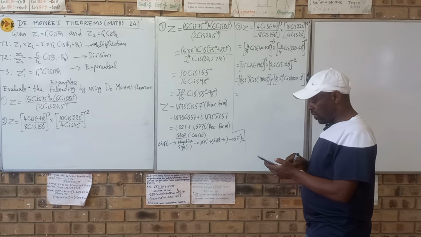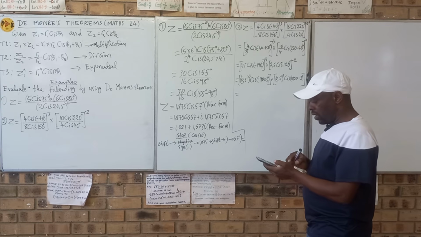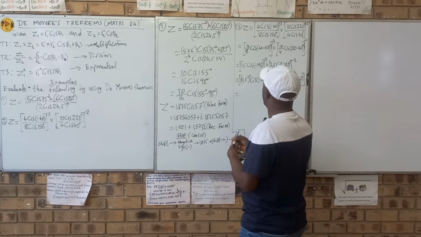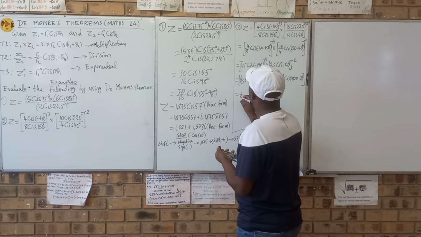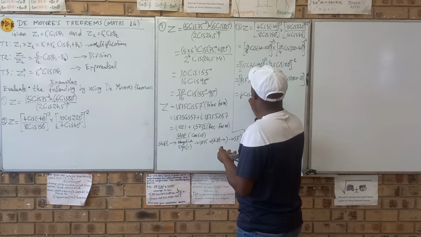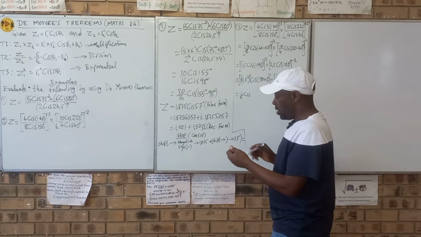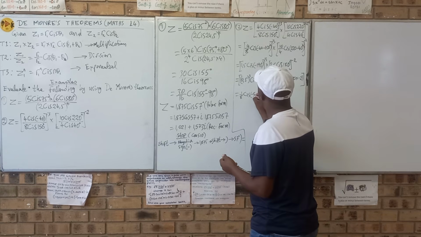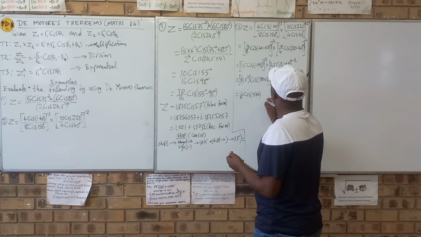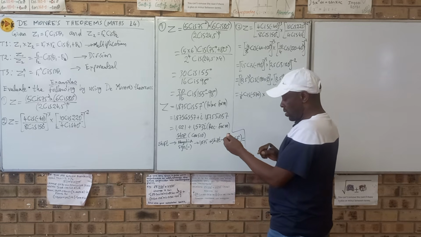So okay, 0.5 exponent 3. That gives me 1/8. That's okay. Then for the angle, I take negative 190 times 3. 190 times 3 gives me negative 570. So I'm multiplying this with